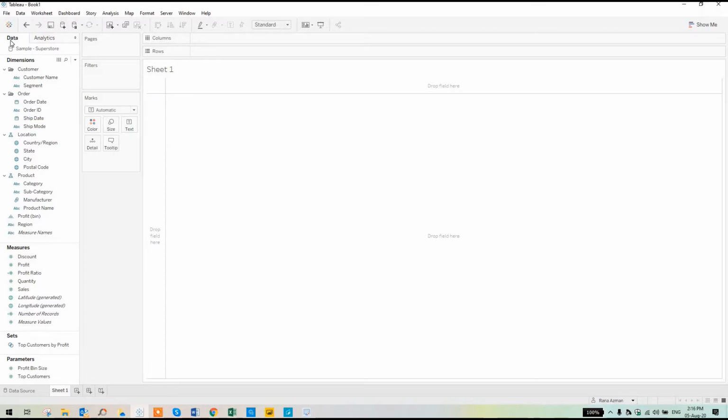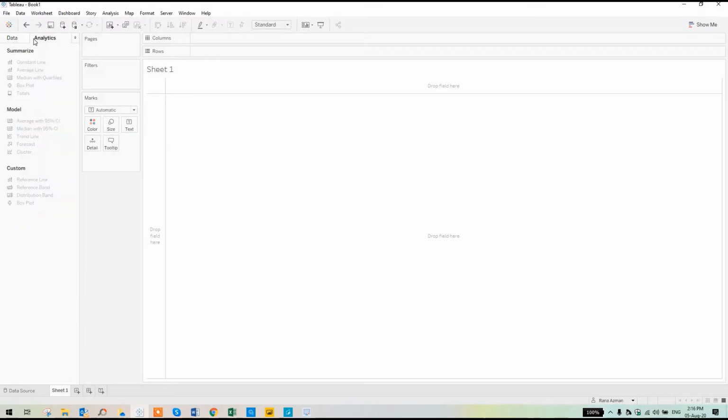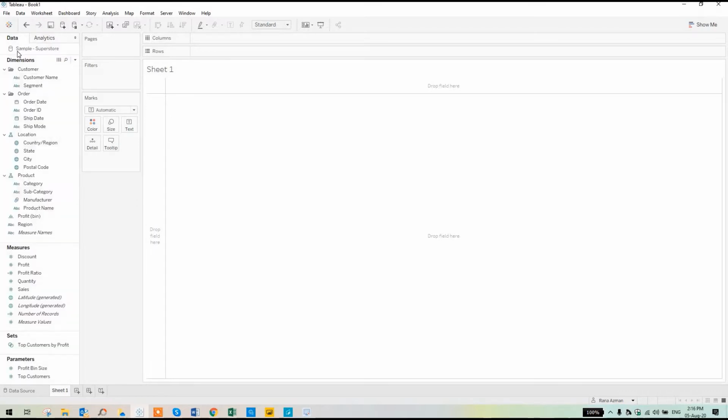As you can see, there are also two options over here: the Data and the Analytics pages. In the Data page, we can get to know which data source is currently connected to Tableau Desktop. In my scenario, Sample Superstore is the connection which I've made, and all the connections will appear here. There are two types of data in all the BI, or business intelligence, tools, like Tableau and Microsoft Power BI: the first is dimensions, and the second is measures.